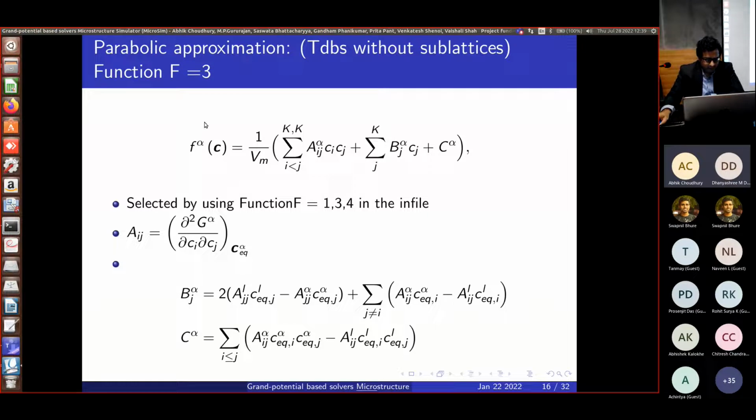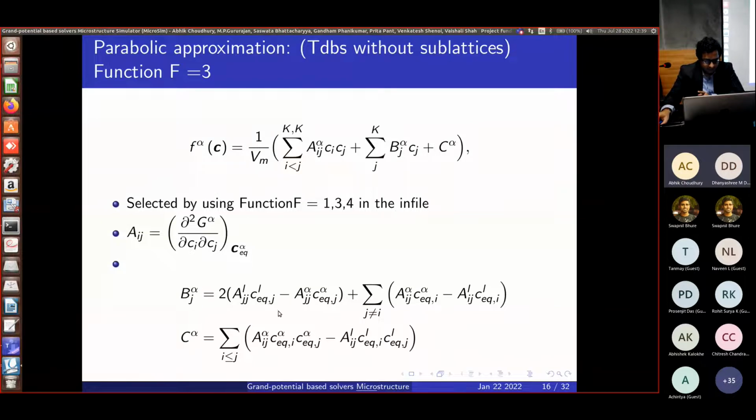The idea is as follows. You write down the f of c as a parabolic extension, a multi-component parabolic extension, where aij alphas are essentially related to the second derivative of the free energies, which are coming here. So these are typically the Hessian of the free energy matrix, which in most TC API and Pan API thermodynamic softwares, can be extracted quite readily. OK, so aij alpha is something that I can relate directly to a TDB by directly calculating this matrix out of the thermodynamic database. And these components B, Ga, and C alpha can be